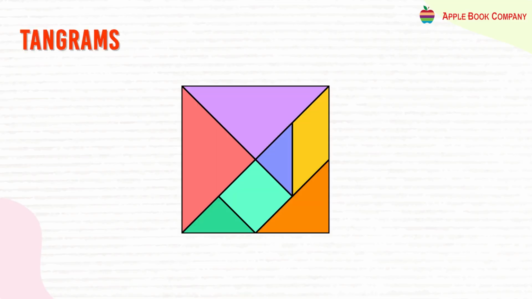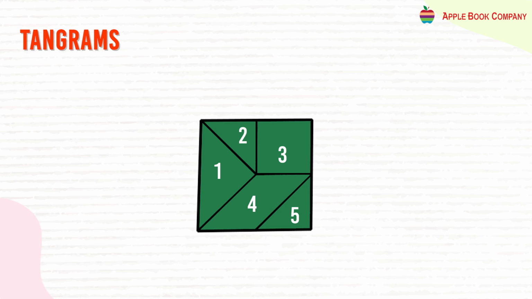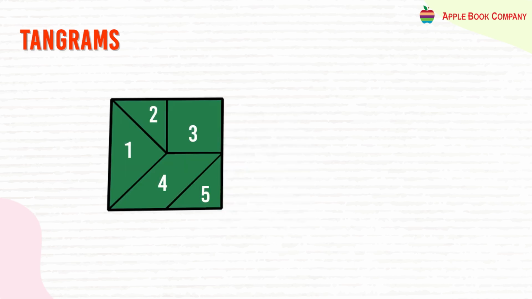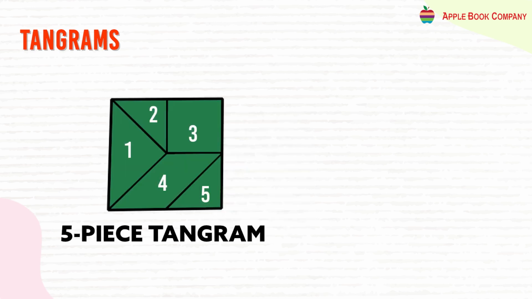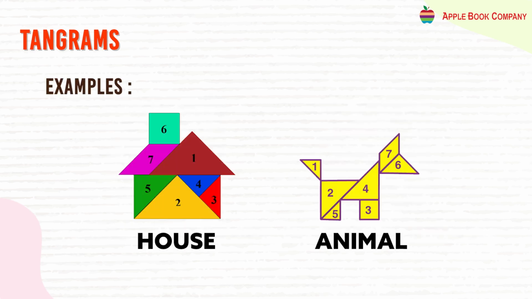Enrichment. Tangrams. A tangram is a Chinese puzzle consisting of a square cut into 7 shapes: 5 triangles, 1 square, 1 parallelogram. The shapes are called tans, which can be reassembled into an amazing number of different figures. The square can also be cut into 5 pieces: 3 triangles, 1 square, 1 parallelogram. So this is called a 5-piece tangram and a 7-piece tangram. Examples: a house, an animal,